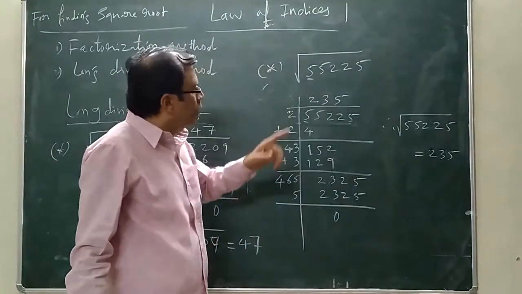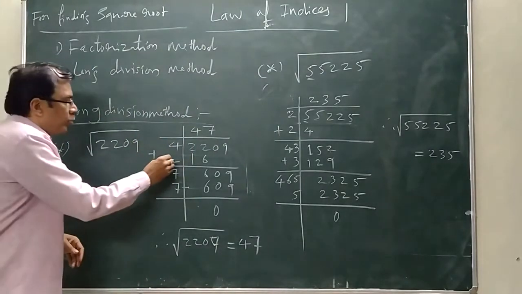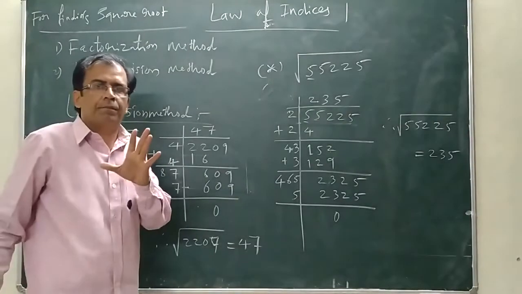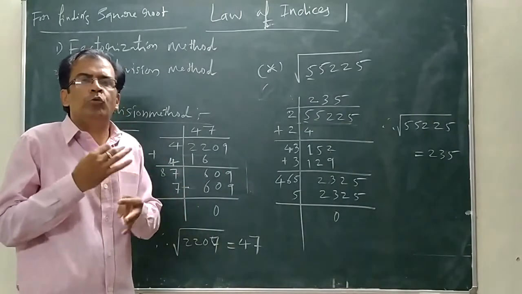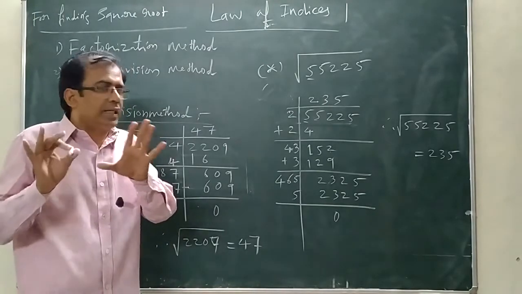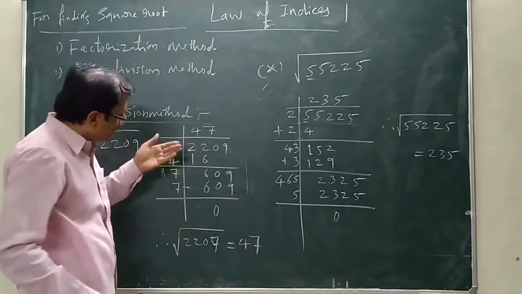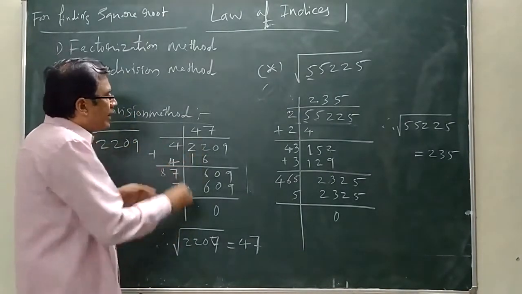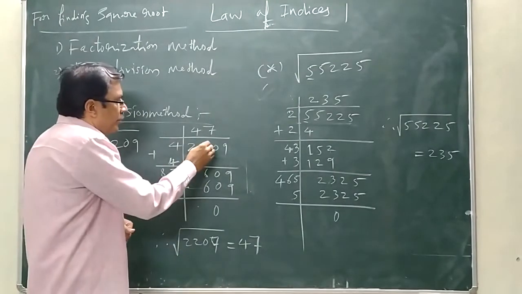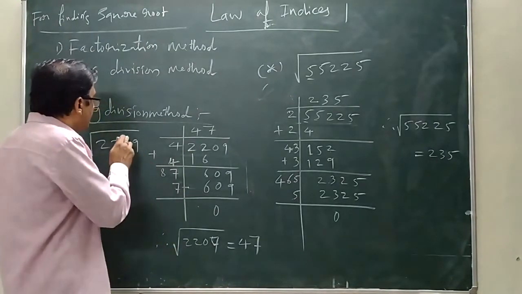One thing, again, I am just repeating in both examples: you have to take the same number twice first. That may be anything, you can take 2 into 2, 3 into 3, 4 into 4, 5 into 5, 6 into 6. These are only examples, but you have to understand how you are dividing these numbers in finding the square root. Again, I am just repeating these two. You just understand very carefully and very easily.